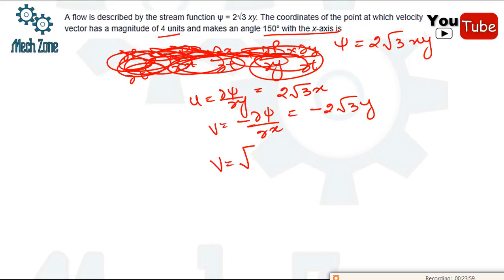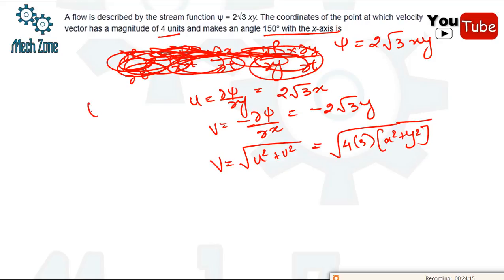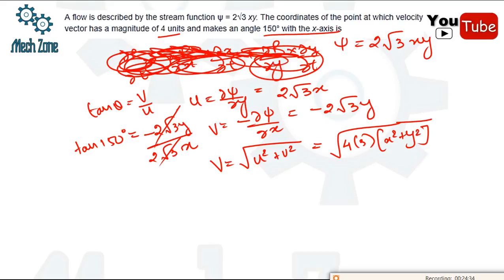The complete velocity would be under root of u square plus v square, so this would be under root of 4 into 3 into x square plus y square. And we know that tan theta is equal to v upon u. So tan 150, the angle which has been given, equals minus 2 root 3 y upon 2 root 3 x. So it will be cancelled, and hence we will obtain